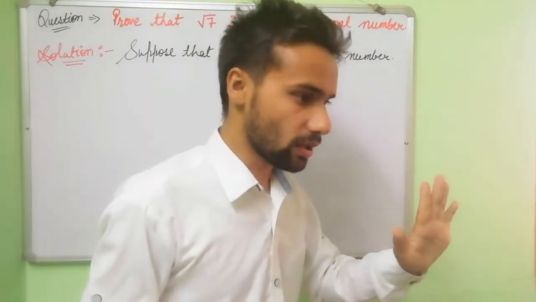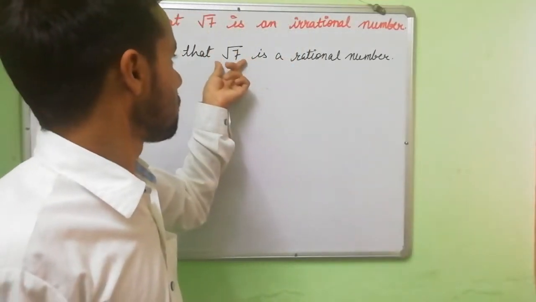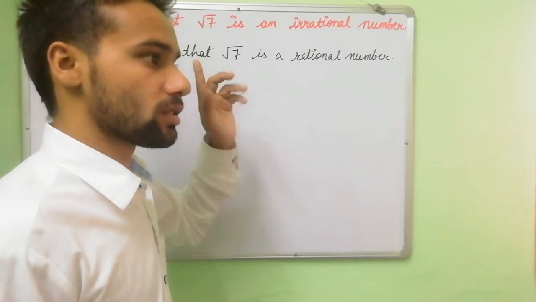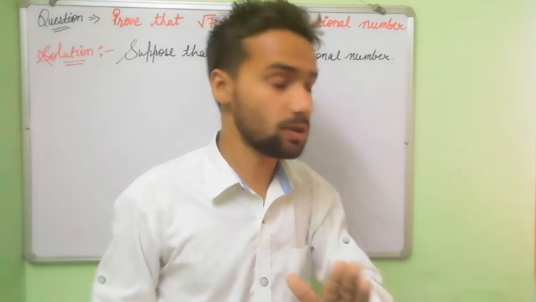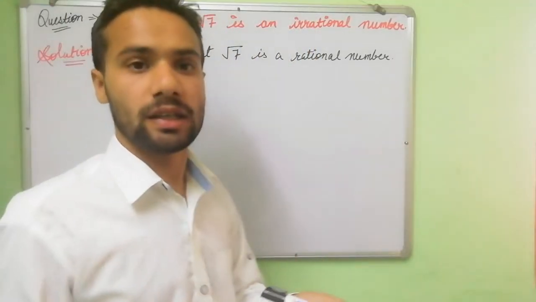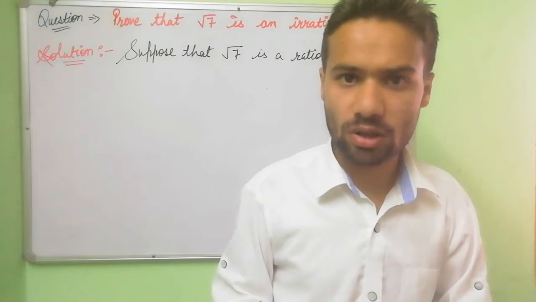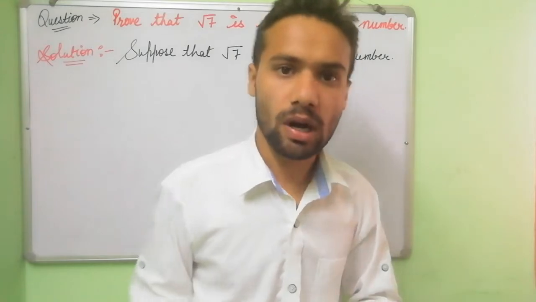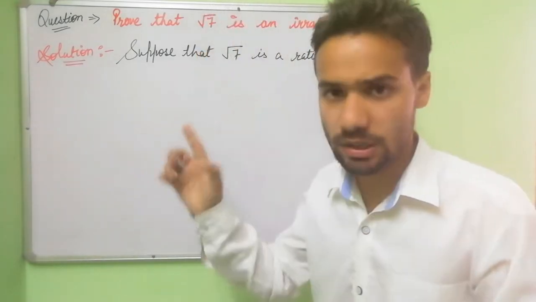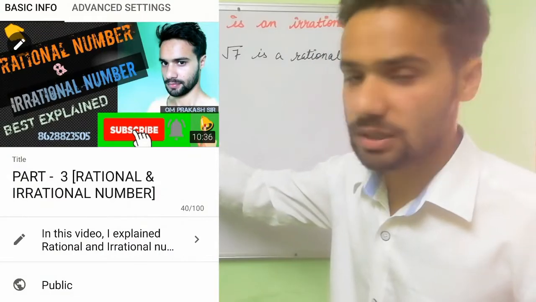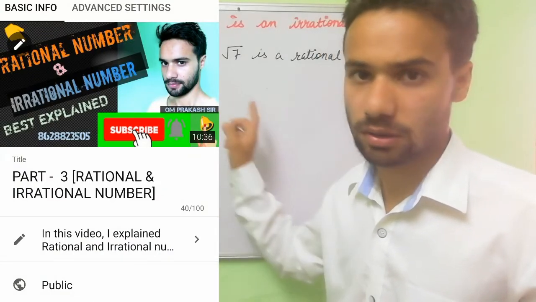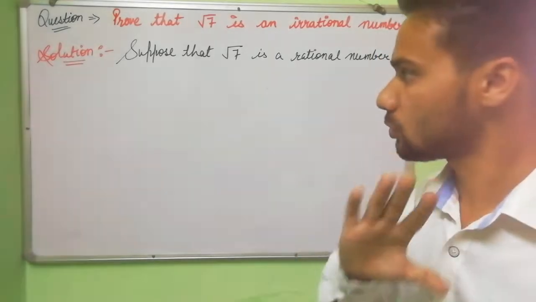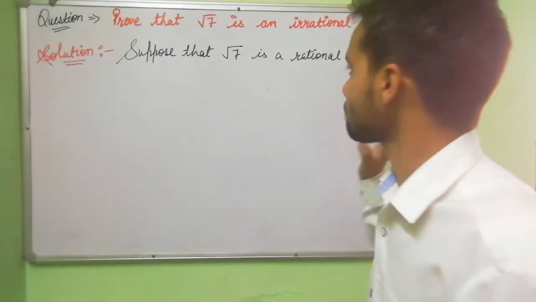Clear? So dear student, I will also tell you this number is actually an irrational number. And how can you identify whether it is rational or irrational? Dear student, I already explained in my previous video how to check whether any number is rational or irrational, maybe in decimal form, maybe in fractional form. I explained all these things in my previous video, so please watch my previous video, that is Number System part 3. I already explained it in English medium as well as in Hindi medium. Whatever suits you, you can watch it.